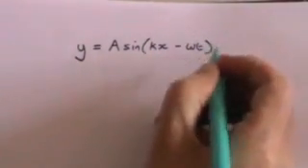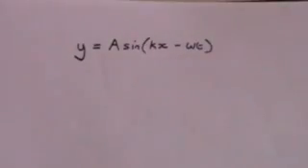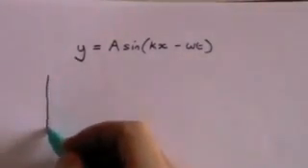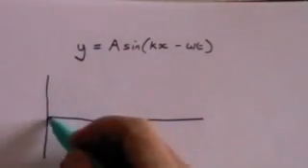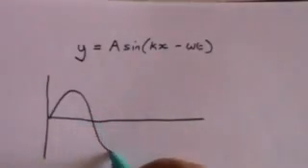Before we look at standing or stationary waves, we first need to consider travelling waves. The formula for a travelling wave is that y is equal to A, which is the amplitude, times the sine of kx minus omega t. I'll explain what all that means in a moment, but if we plot that graph, we will find that we get a sine wave,